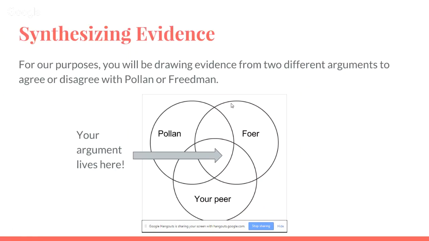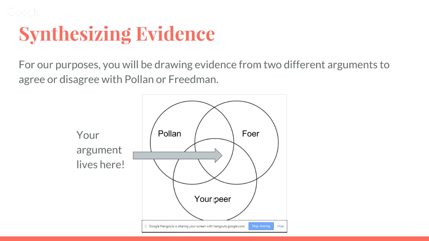Looking ahead, you're going to write a synthesis essay. So it says, for our purposes, you'll be drawing evidence from two different arguments to agree or disagree with Pollan or Friedman, whoever you want to work with. You can work with Pollan the whole time. If you don't like Pollan's argument or you like Friedman's, you can work with him. But you need to choose